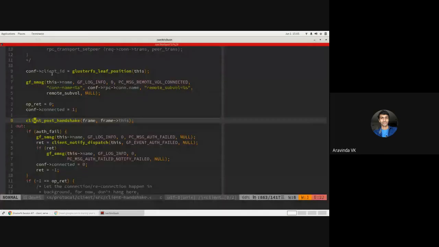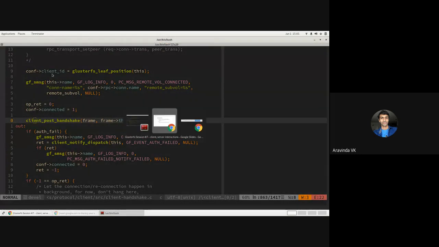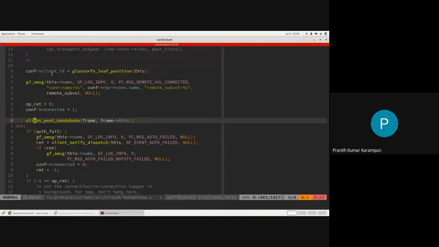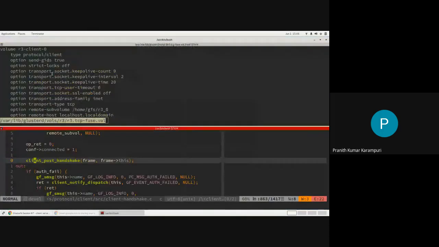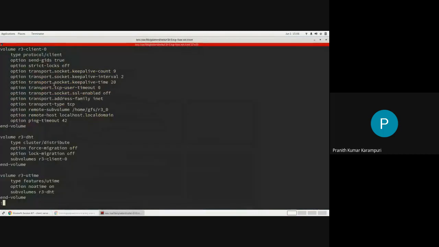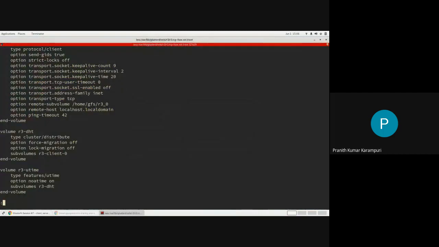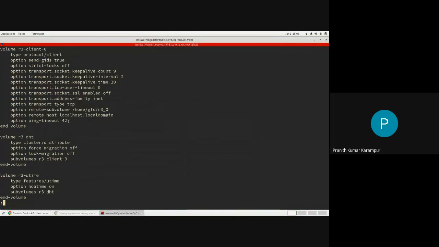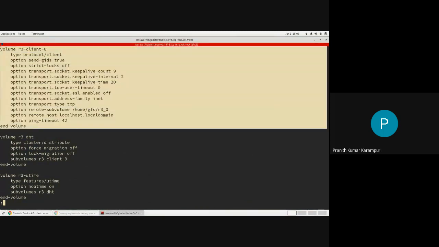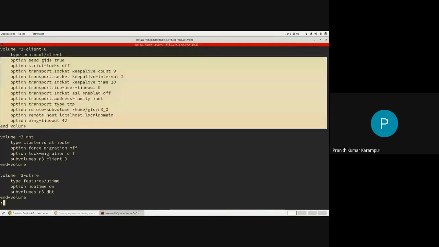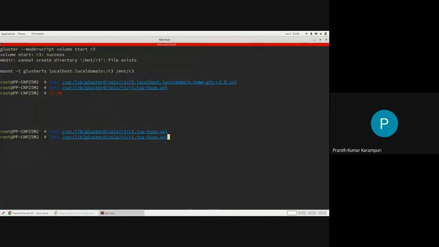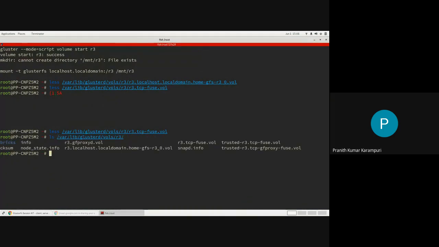And one more question related to authentication. I didn't see any snippet in the client vol file related to authentication. The client vol file will have, one second. There are 2 types of client vol files.